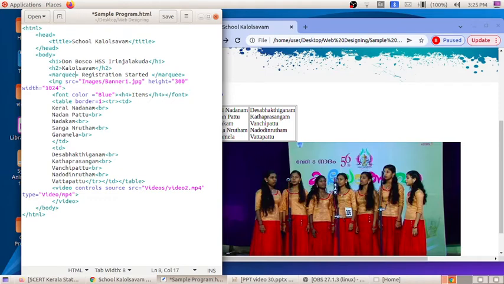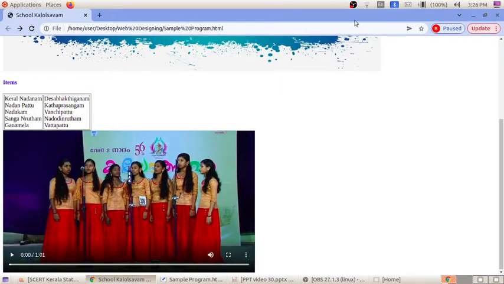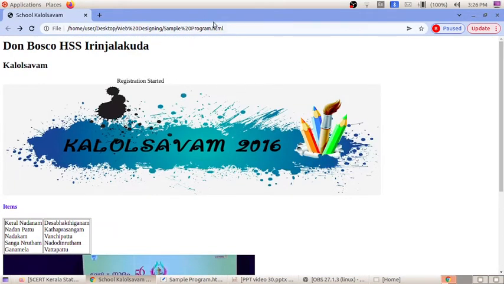This is the registration started text, and /marquee. After that, save this file, refresh. Yes, here you can see the text is scrolling. Did you see under the Kalolsavam? You can see one text is scrolling like this. Registration started, the text is scrolling.